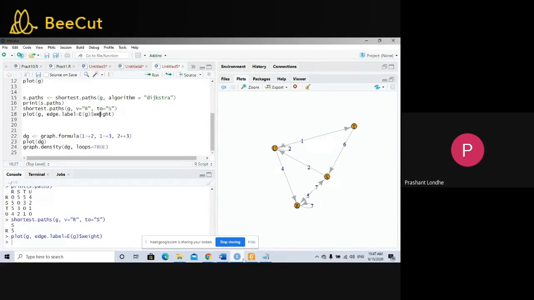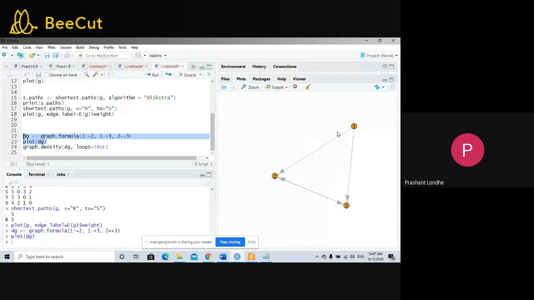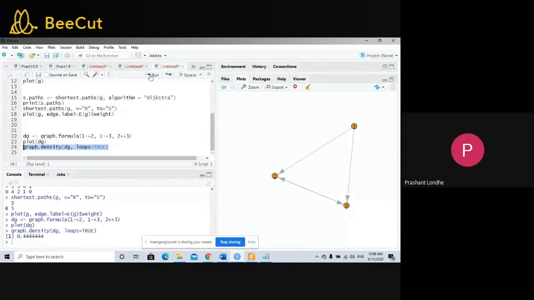Okay, now the next thing is that we are supposed to draw the egocentric graph as well as the density. What is the meaning of egocentric? That is a two-way graph. So I will run that particular egocentric graph. This is a demonstration of egocentric. 1 goes to 2, 1 goes to 3, and 2 is going from 1 to 3, and you need to calculate the density. So in this way, you're going to get the density.